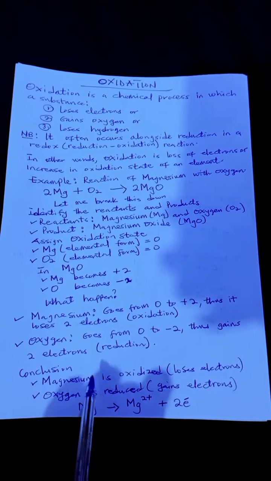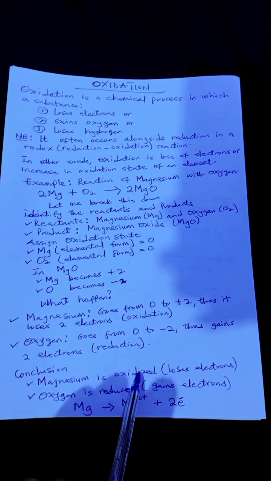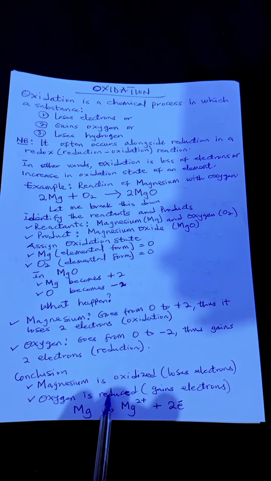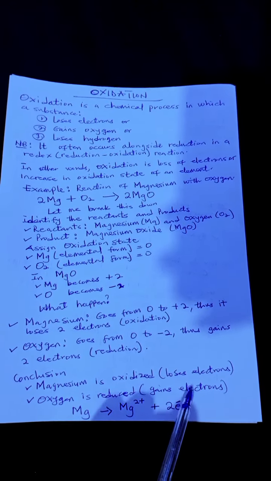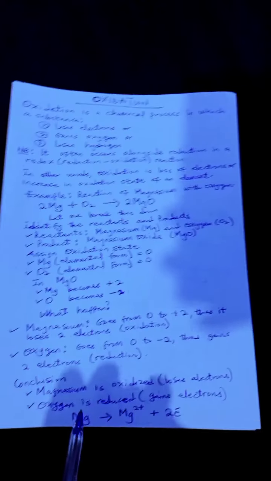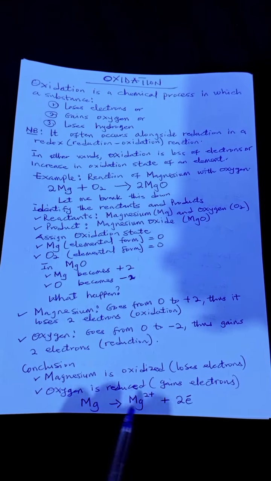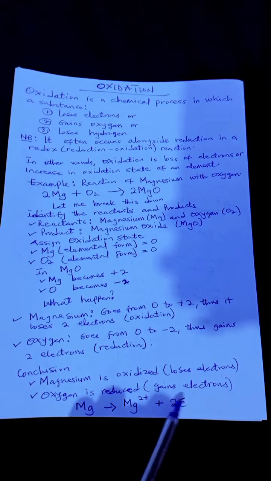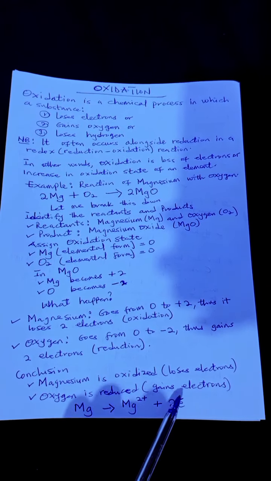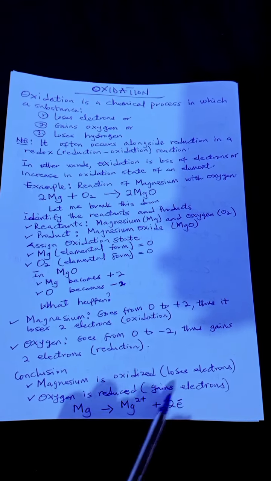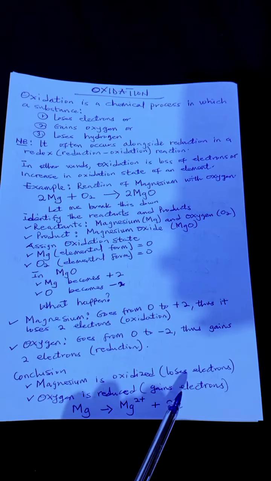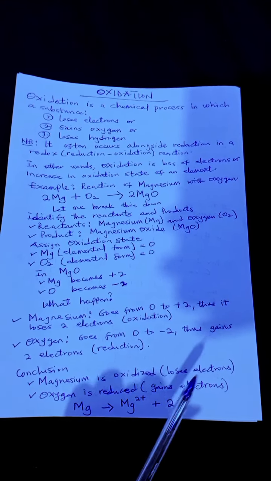In conclusion, magnesium is oxidized, thus loses electrons, and oxygen is reduced, thus gains electrons. So we have the formula here, magnesium, that is Mg to Mg2+ plus 2 electrons. These 2 electrons mean it is losing 2 electrons. So it's giving us these 2 electrons to become stable. Even though it is losing 2 electrons, it is actually lending